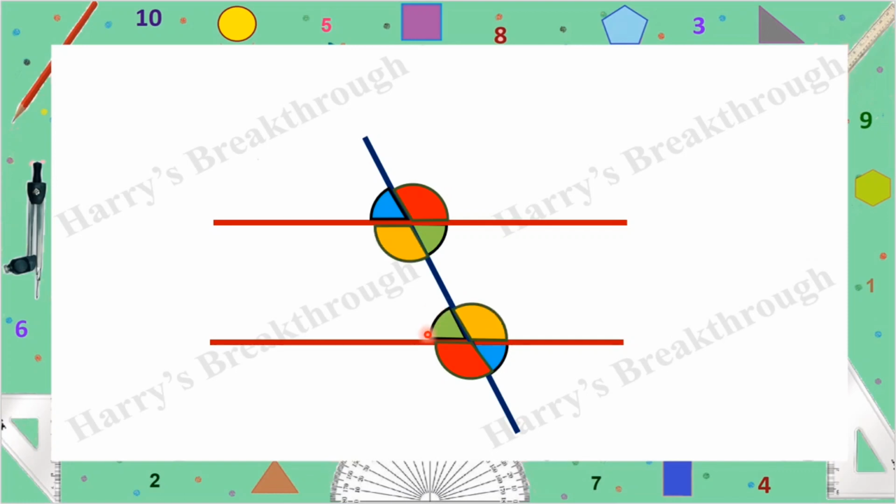And the next pair is this yellow one. The first one is left side of slanted line and below the horizontal line. And the second yellow angle is above the horizontal line and right side of the slanted line. So that means if a pair of parallel lines is cut by a third line, we will get 4 pairs of angles at reverse positions. These angles are called alternate angles. That means angles at the reverse positions are called alternate angles.